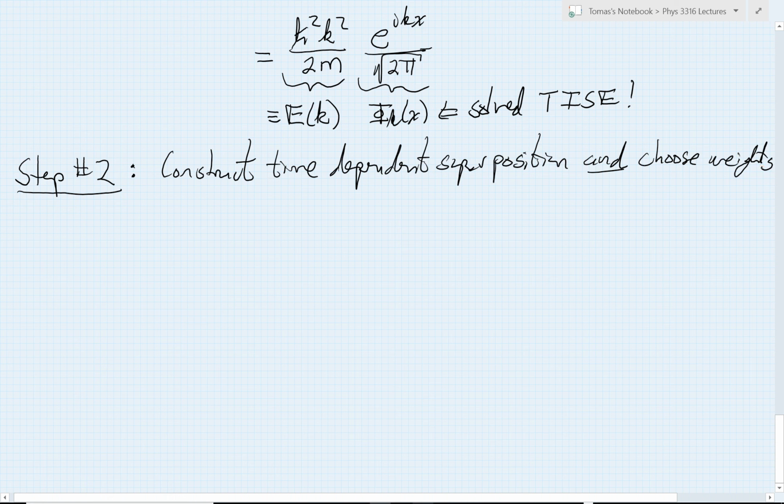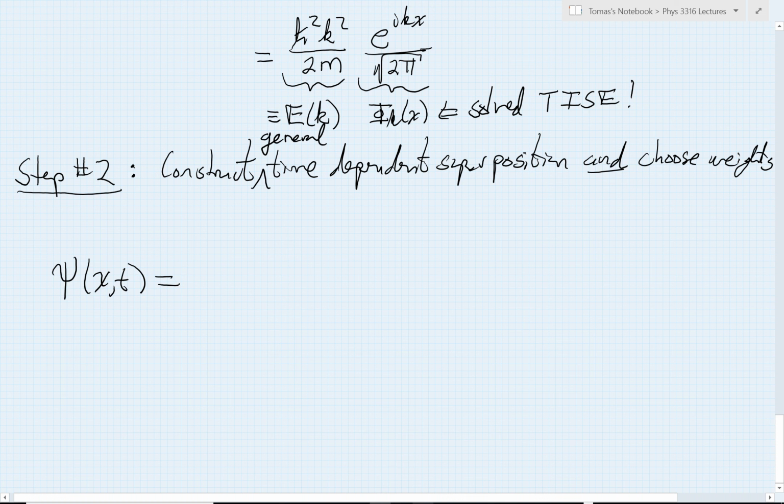Okay, so let's try that. We're going to construct our general time-dependent superposition, but then we choose the weights. So we're saying, in this case, psi of x and t, our solution, will be,